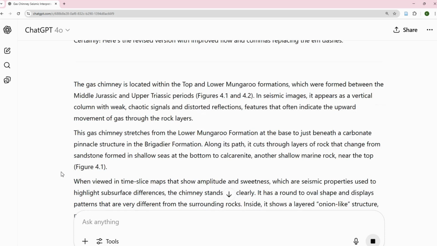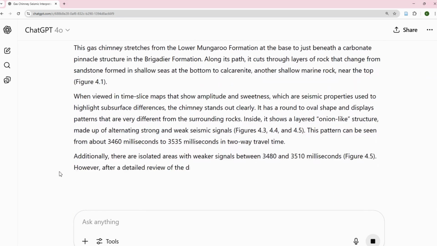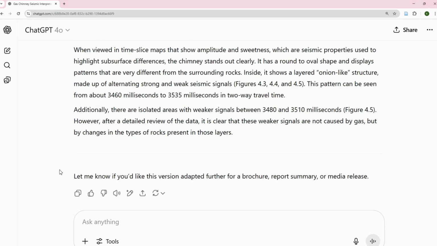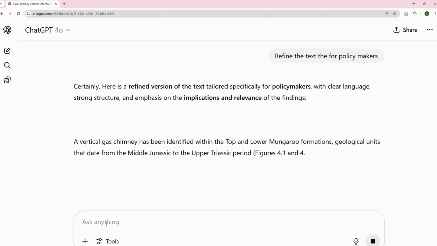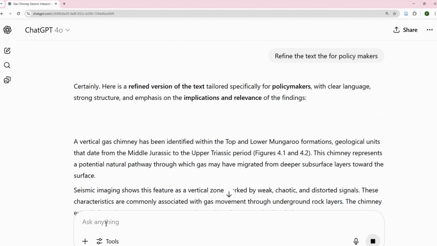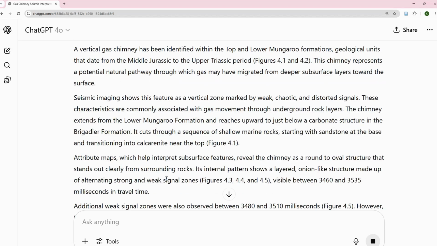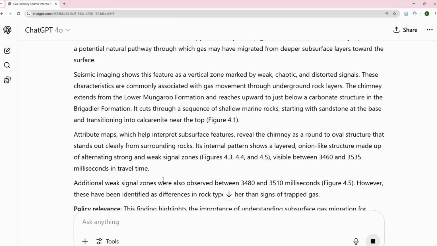And then we have written this for non-technical people. Let's assume we want to write this for executives or for policy makers. We can just say refine the text for policy makers, people that are going to take decisions about maybe they want to put a structure there for CO2 storage, or they want to, because the tone must be different, so it has to be a tone that connotes more